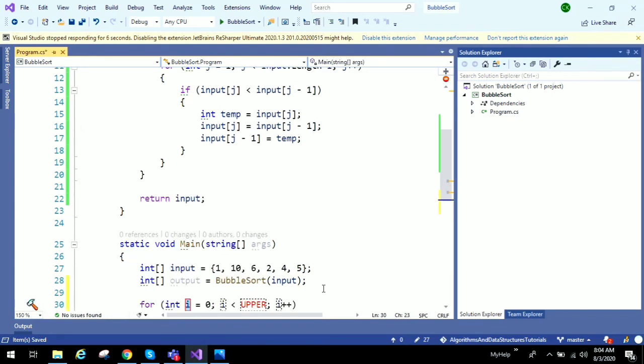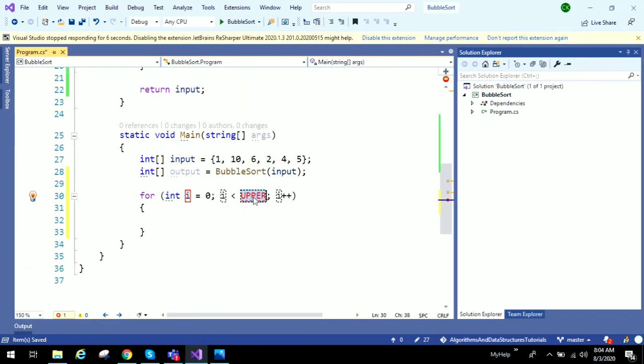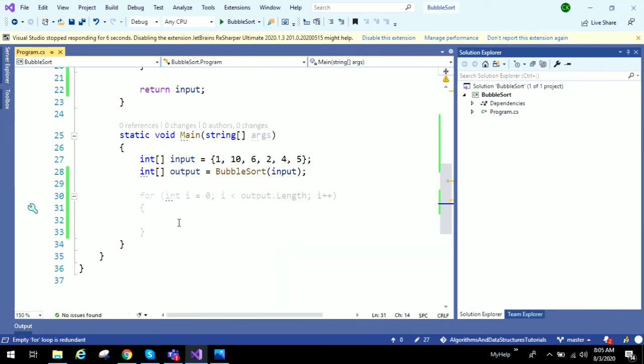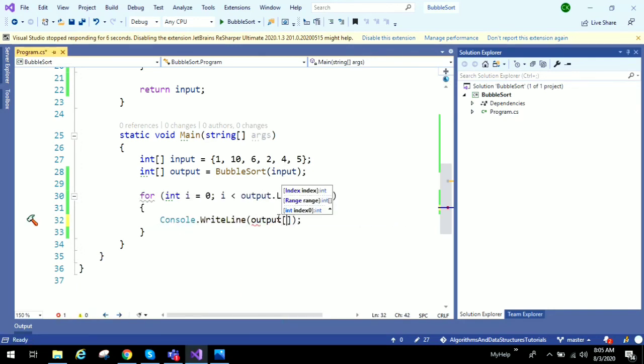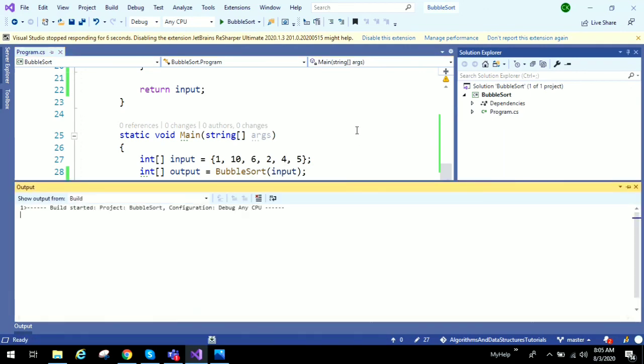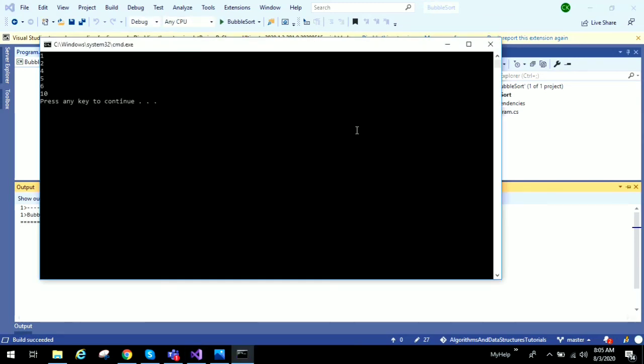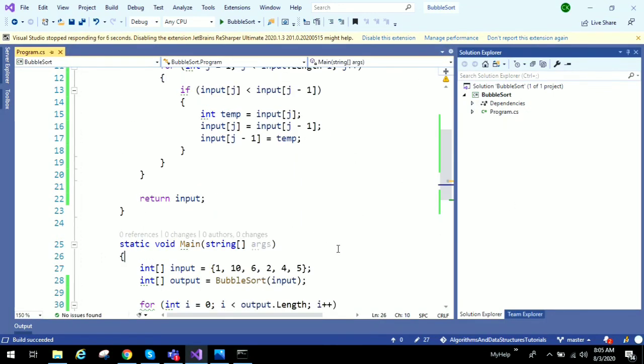For output dot length, I'm printing out, and the output should be 1 2 4 5 6 10. Let us see whether we are getting that or not. 1, 2, 4, 5, 6, 10. So we got the correct result, and this is how the bubble sort algorithm is implemented.